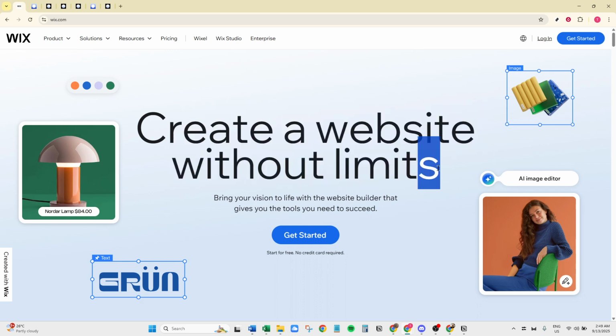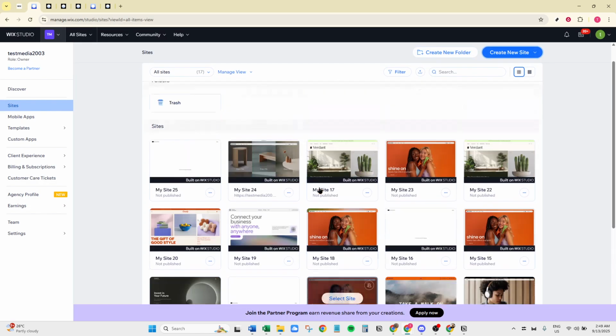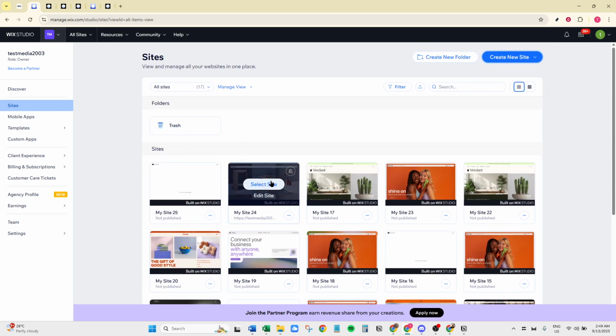First and foremost, you need to be logged into your Wix account. If you haven't created an account yet, it's straightforward. Just head over to the Wix website and sign up. For those who already have an account, simply log in using your credentials. Once you're in, you should decide whether you'd like to work with an existing project or start from scratch with a new site. Both options have their benefits, so choose the one that suits your needs.